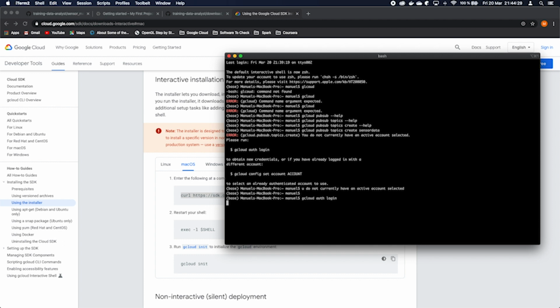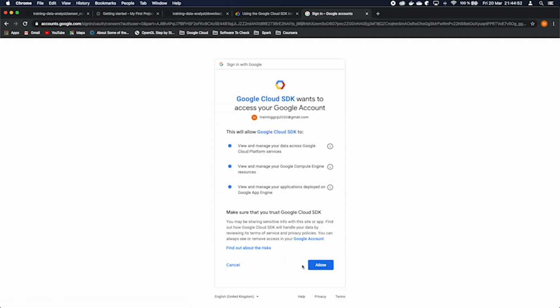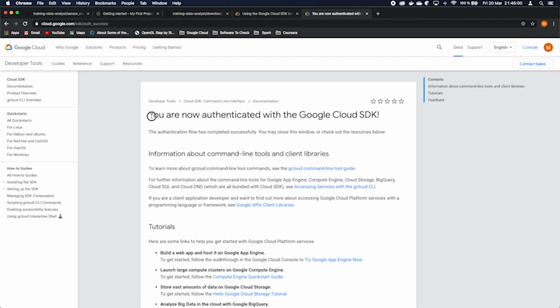So let's run gcloud auth login and it's opening. Here I'm going to use this new account I just created in order to have the $300 free. By the way guys, if you register for Google Cloud Platform, you receive $300 to follow me on this training. We are now authenticated with the Google Cloud SDK.